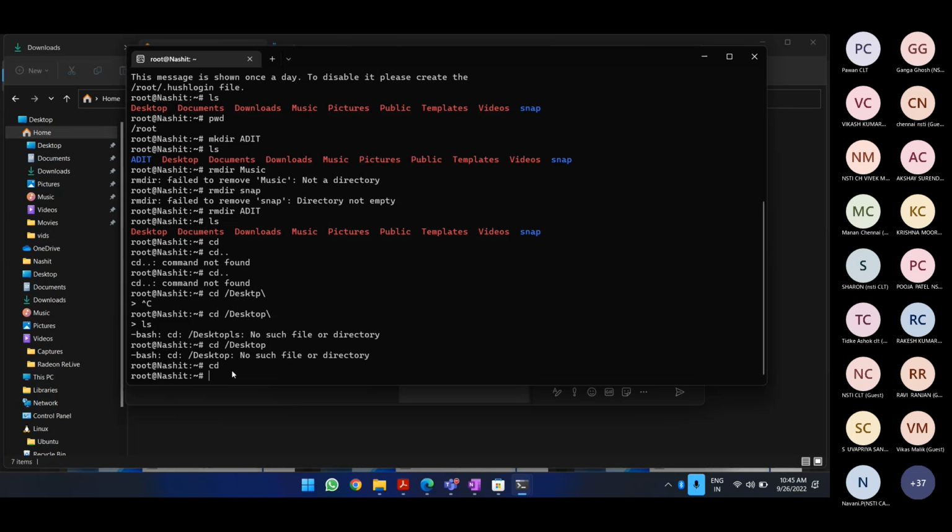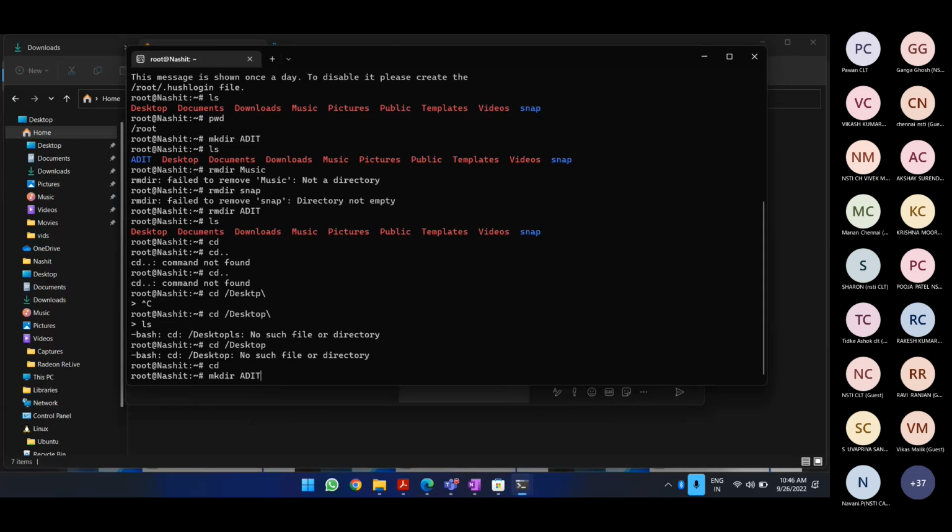So change directory we did a lot of times, but it didn't change my directory. Or let me change cd, and let me create a directory, make directory.